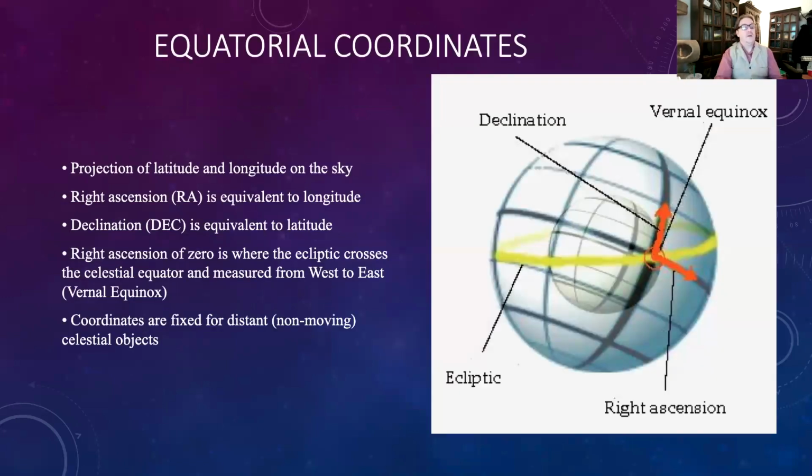Equatorial coordinate systems. I mentioned these two terms before, right ascension and declination. These are basically fancy terms for longitude and latitude. So right ascension corresponds to a stellar longitude, declination corresponds to a stellar latitude. Declination is defined from the celestial equator, much like latitude is defined with respect to the equator. Positive declination corresponds to north. Negative declination corresponds to south. Right ascension is a bit weird,